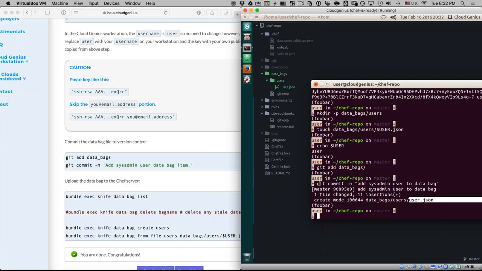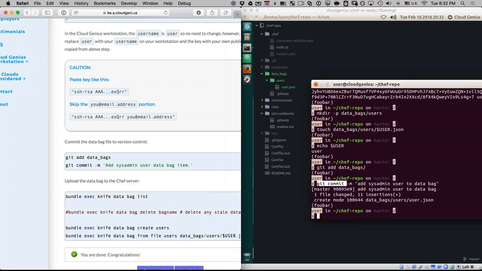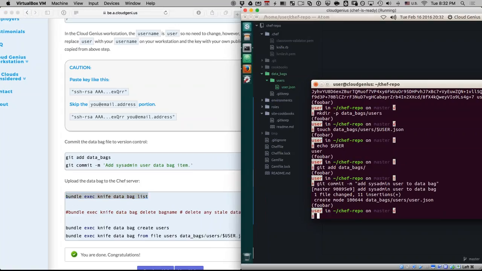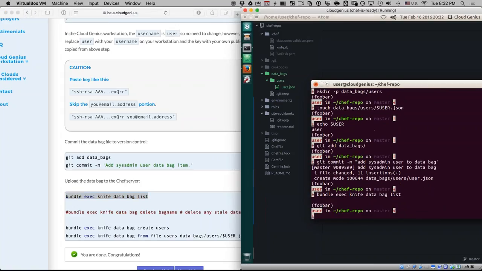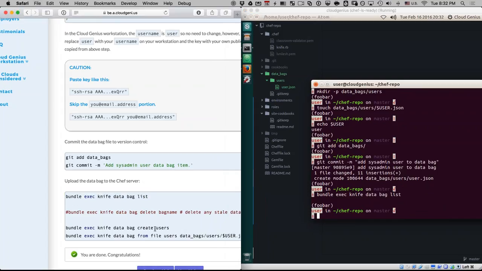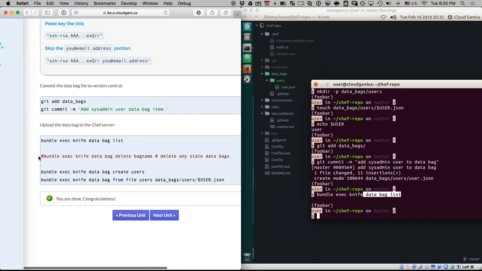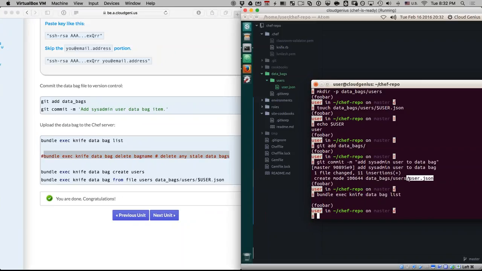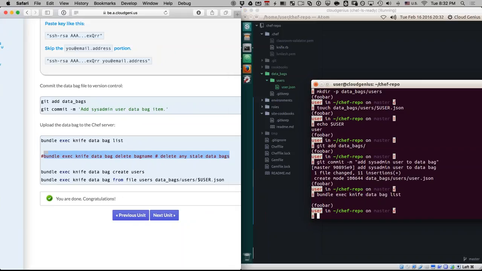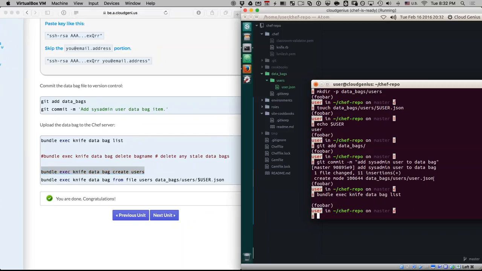It is in the Git commit, but still our Chef server does not have it. So we want to give it to the Chef server, and we want to first check what the Chef server has currently. It has nothing, which means nice, I can proceed. If you have something from a previous step, if you run this exercise a couple of times, you will have to remember to delete that. The deletion command is mentioned right there. If you're deleting any old attempts, you have to have an older data bag item deleted and create a new bag. And that's what we intend to do, to actually create a users bag like this